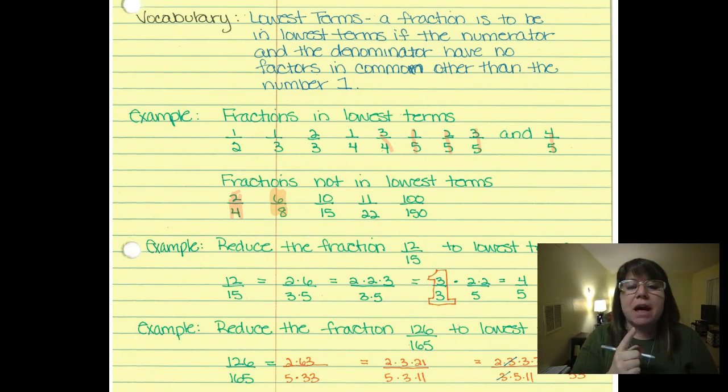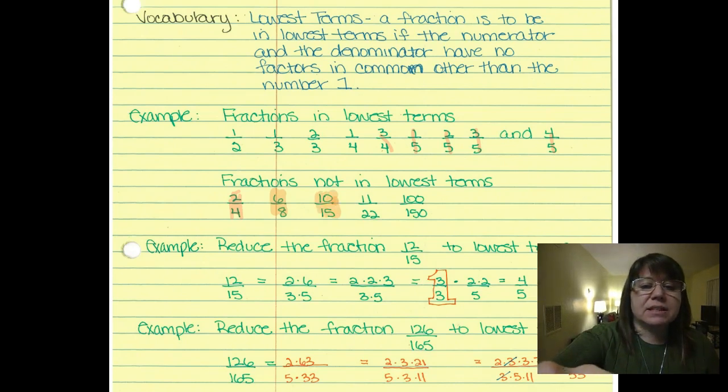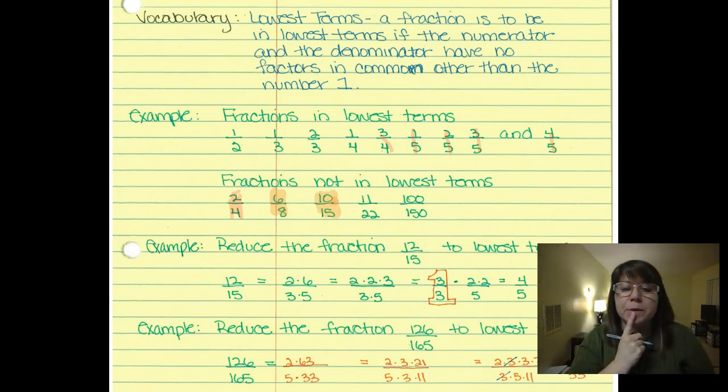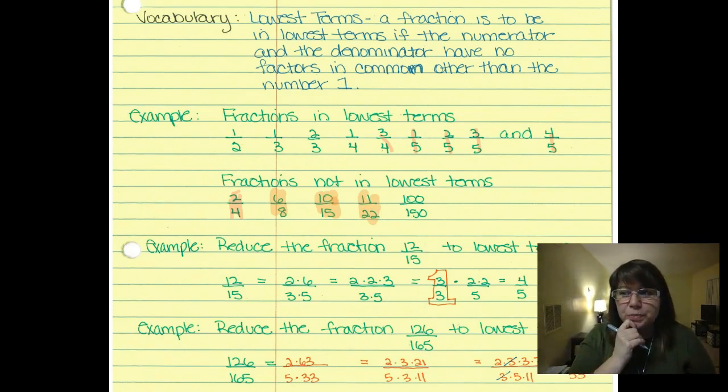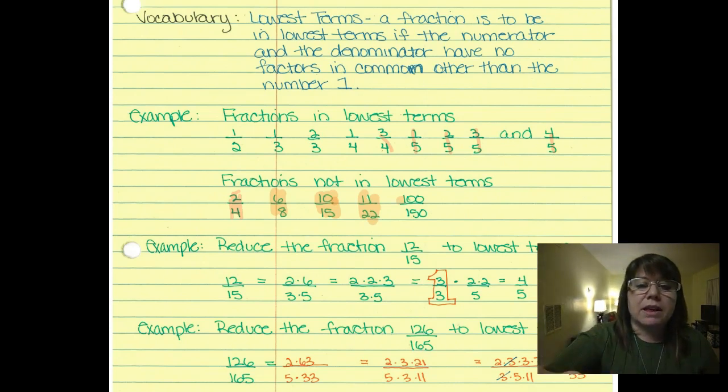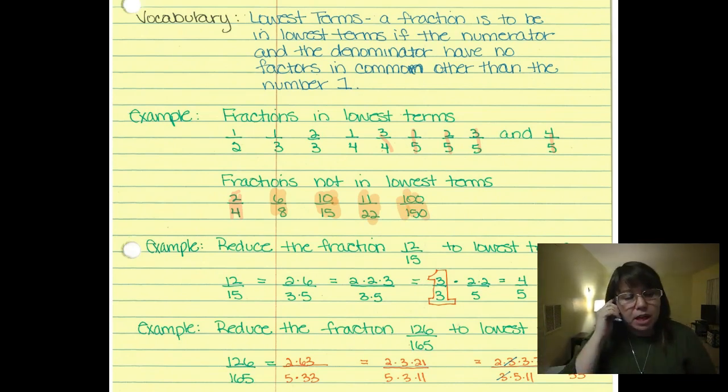Okay, let's think about 10/15. Do they share any number in common? Well, 10 is 2 times 5, and 15 is 3 times 5, so they both have a 5 in common. 11/22. Well, 11 is 11 times 1, but 22 is 11 times 2, so they both have the 11 in common. And then another example would be